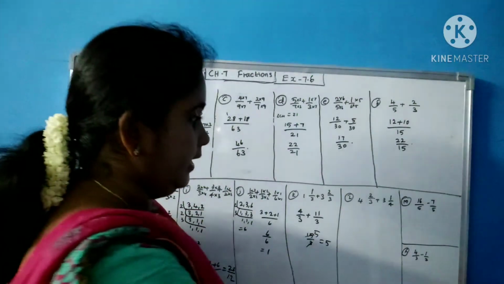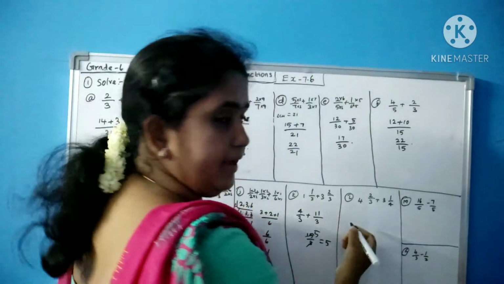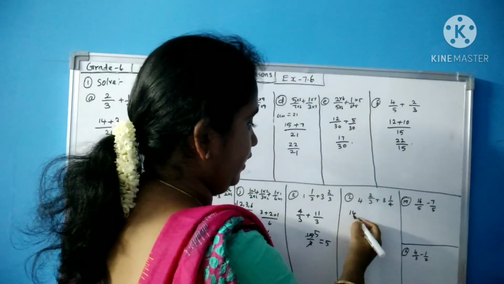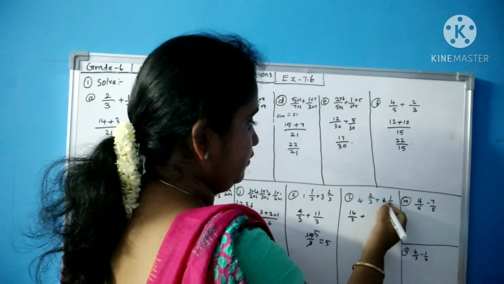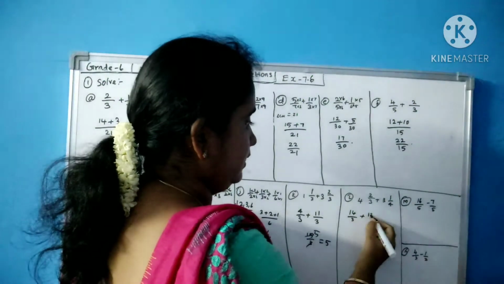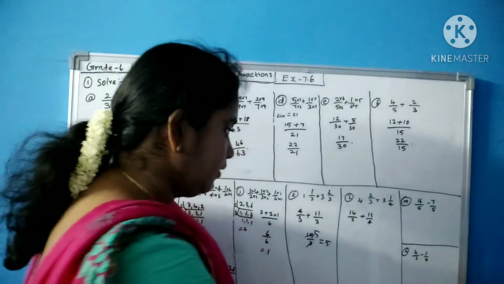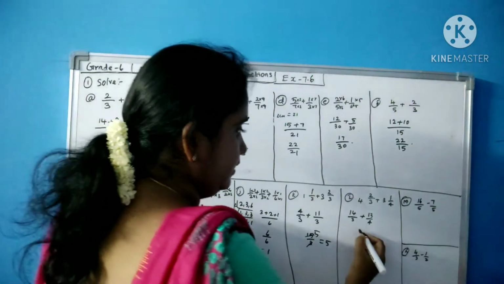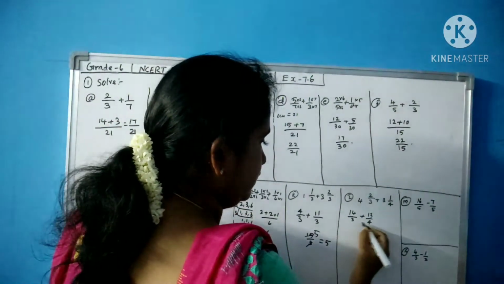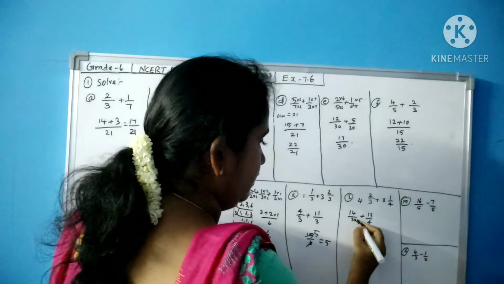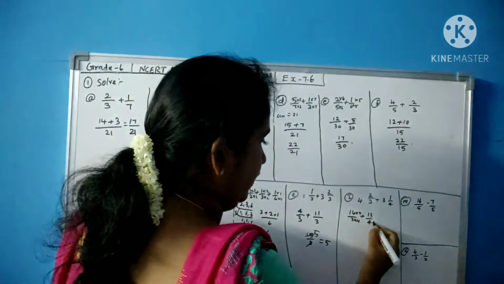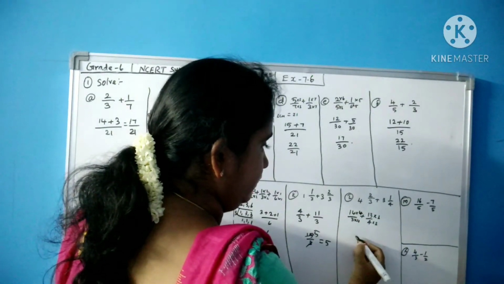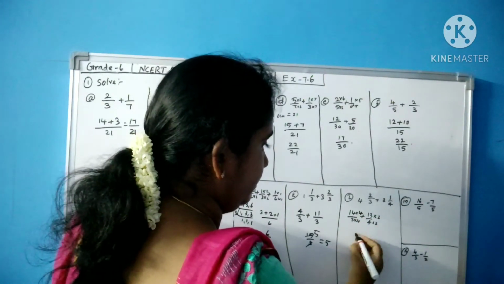Okay. Now see, take the next sum. That is also a mixed fraction. You see here, 4 3s are 12. 12 plus 2, 14. 14 by 3 plus 3 4s are 12. 12 plus 1, 13. 13 by 4. Now the denominators are not the same. You have to cross multiply. So that is divided by 12. Okay, 3 4s are 12. 3 into what gives you 12? 4. 4 into 3 gives you 12. Either cross multiply, otherwise multiply it with the LCM.